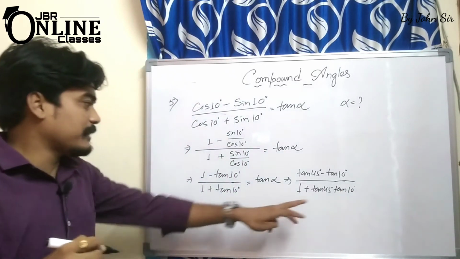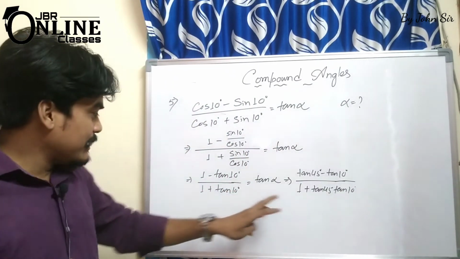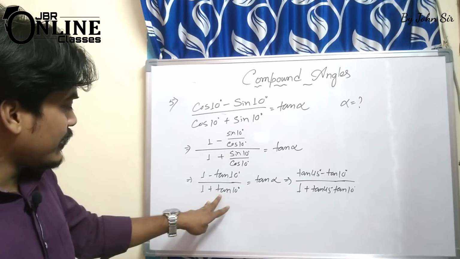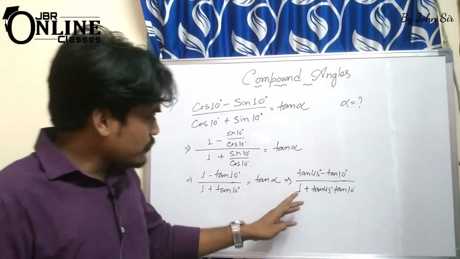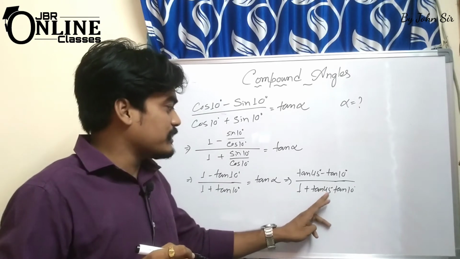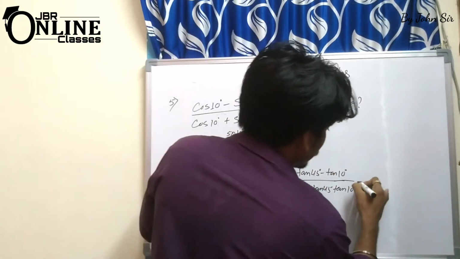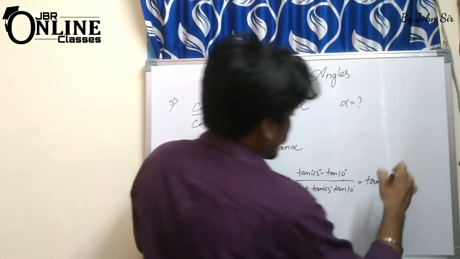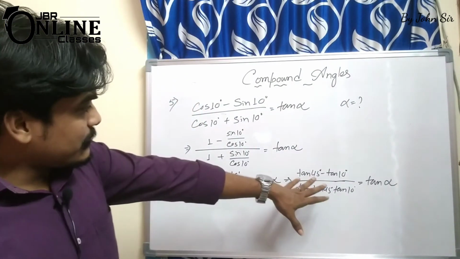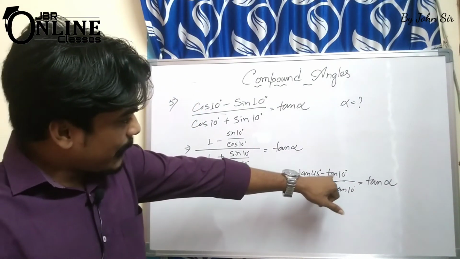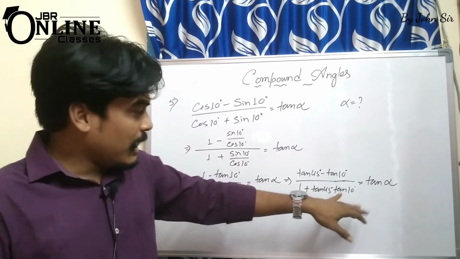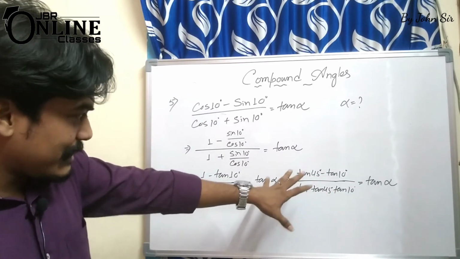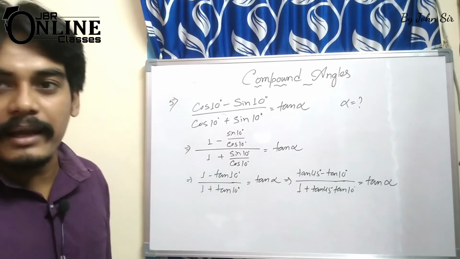As the value of tan 45 equal to 1, that means here tan 10 degree you can easily multiply 1 into tan 10 degree. I have no problem. So here 1 plus tan 45 into tan 10, and that equal to tan alpha. So now look at this here, tan 45 minus tan 10 divided by 1 plus tan 45 tan 10. I think you will understand that is the formula of tan A minus B.